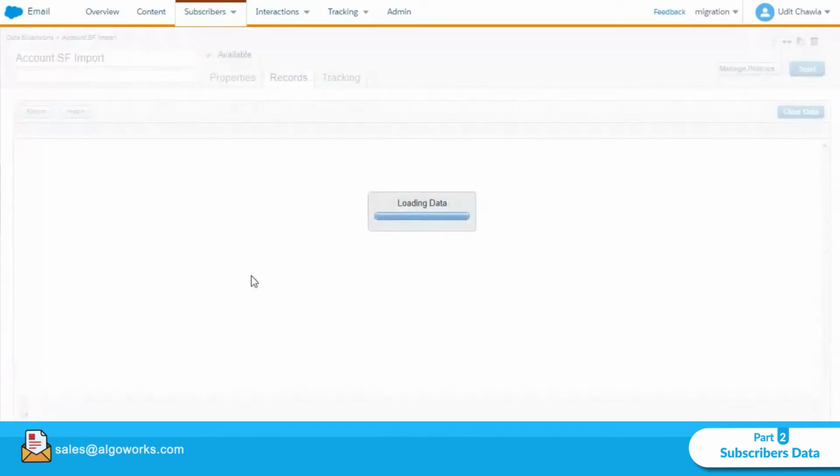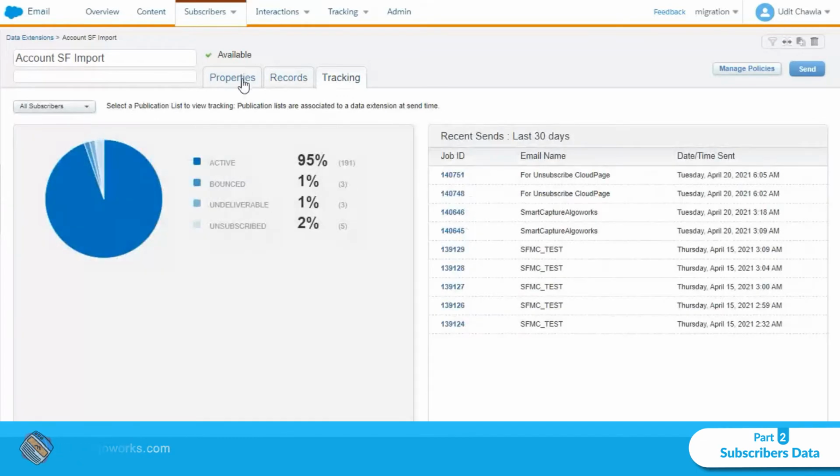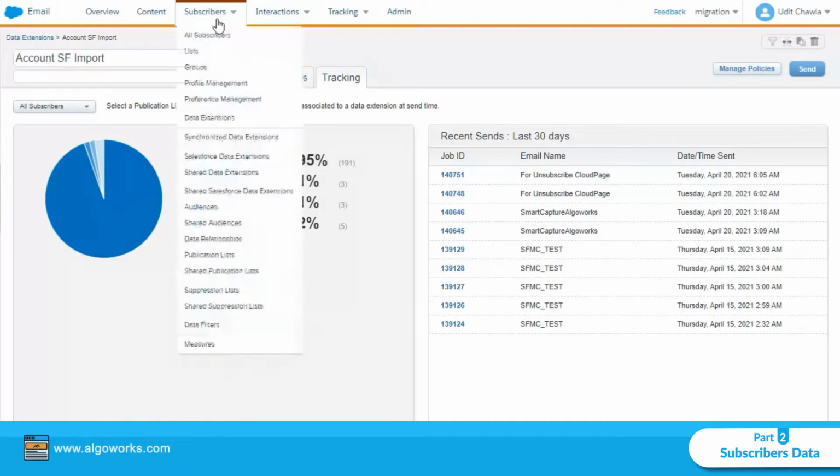This is the record section, like how many records we have in this, and this is the tracking for this, like in which emails this particular data extension has been used. As you can see, this is the email and the targeted audience for this email was this particular data extension, and this is the date timestamp, this is the job ID.